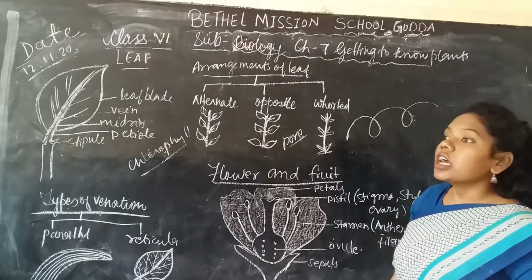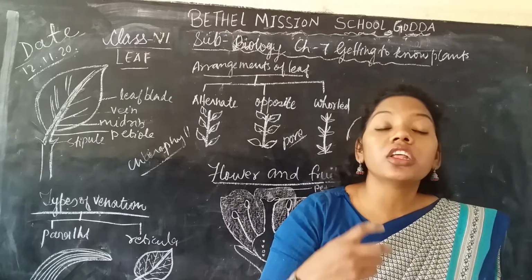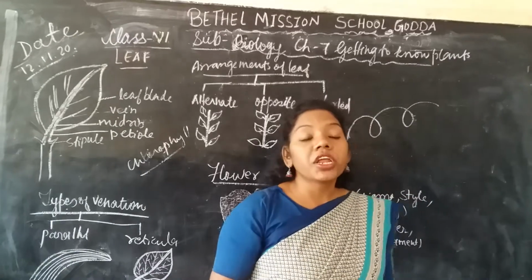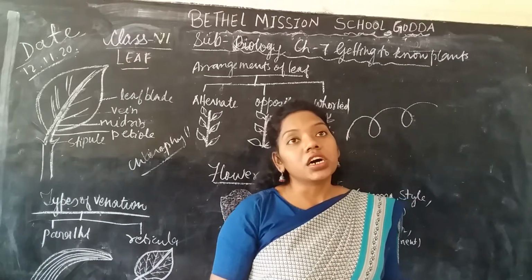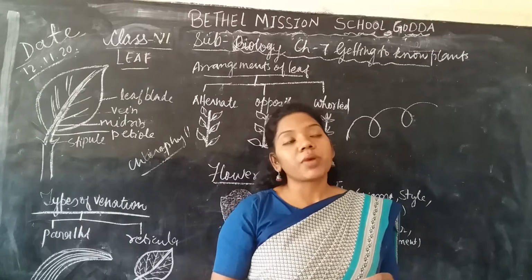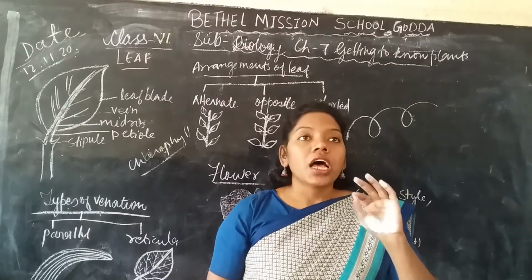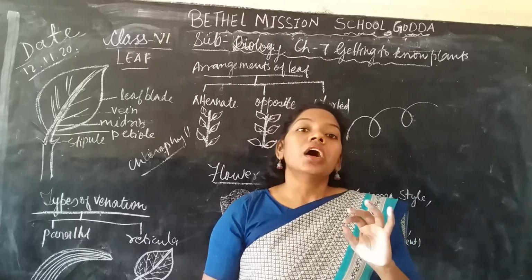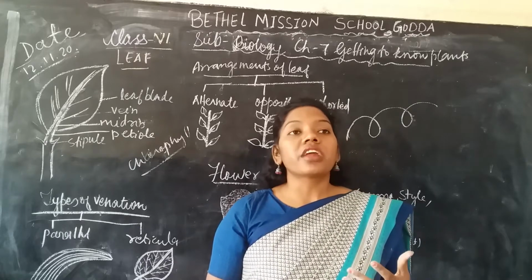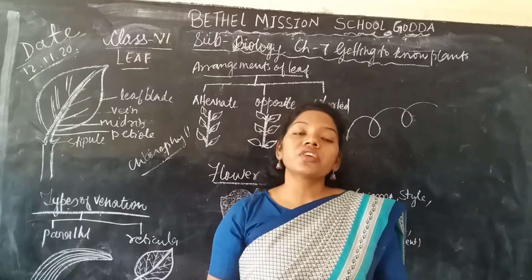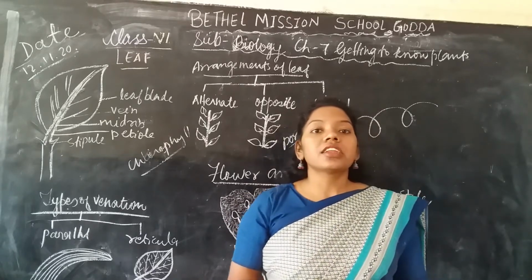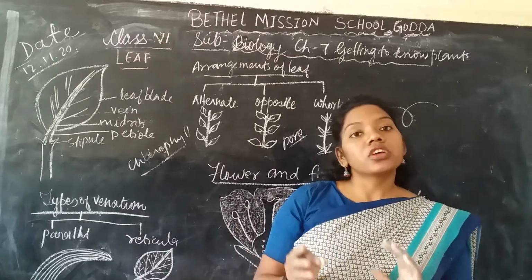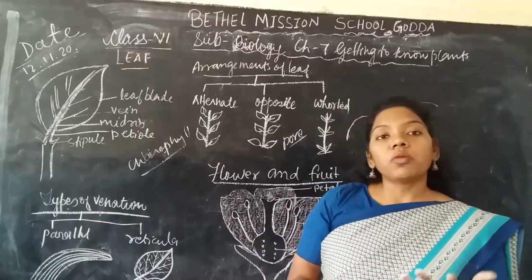Next, some of the leaves are modified into spines or thorns. Mainly in the desert region you can find the leaf in a thorny type, or converted into a spine, like in the cactus plant. These leaf spines reduce the transpiration. Why? Because in the desert region there is a lot of scarcity of water. Due to that, the leaf is converted into thorns. So this is how the modified leaves work.